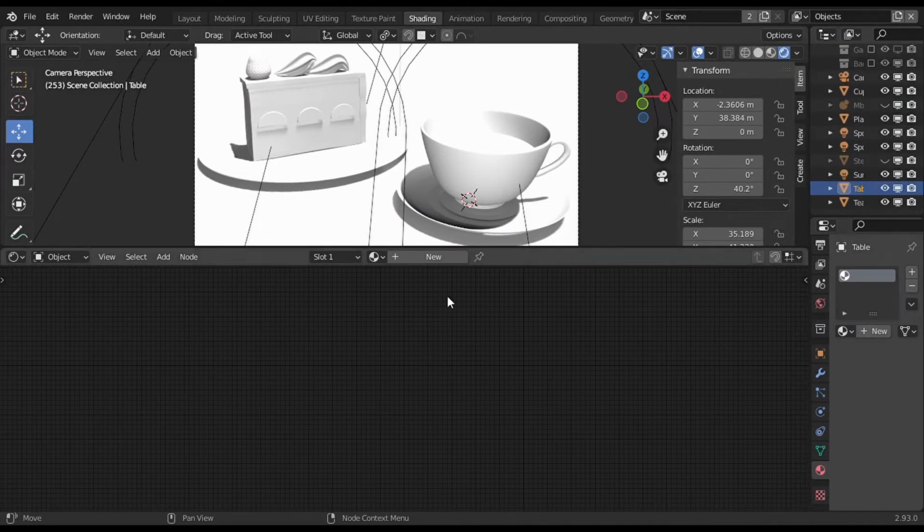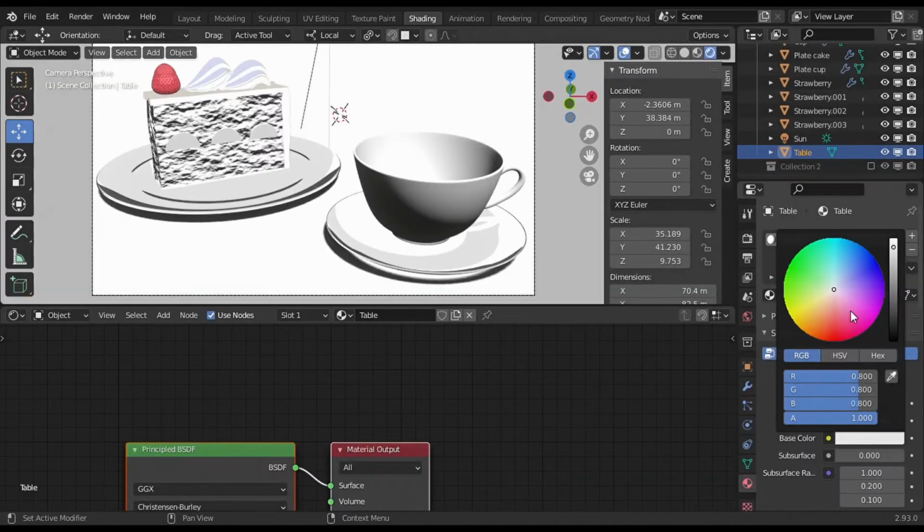Tip number 1, if you're going to apply the scale or all the transforms, do it before shading or don't do it at all. If you do it after shading, again, because of the Shader to RGB node, the placement of your colors might change a bit. Tip number 2, use references for the colors. In this case, because I'm making an anime-inspired scene, I used the eyedropper in different images to copy the colors.